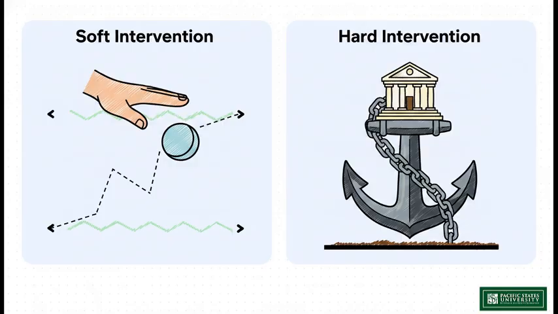If the currency starts appreciating or depreciating way too fast, the central bank steps in. They intervene by buying or selling massive amounts of their own currency reserves to artificially nudge the price back to a stable level. A hard peg, however, is a totally different beast. With a hard peg, the central bank leaves absolutely nothing to the market. The government legally fixes the exchange rate at a specific number, and the central bank must constantly, aggressively intervene in the market every single day, buying and selling whatever is necessary to ensure the price never, ever deviates from that